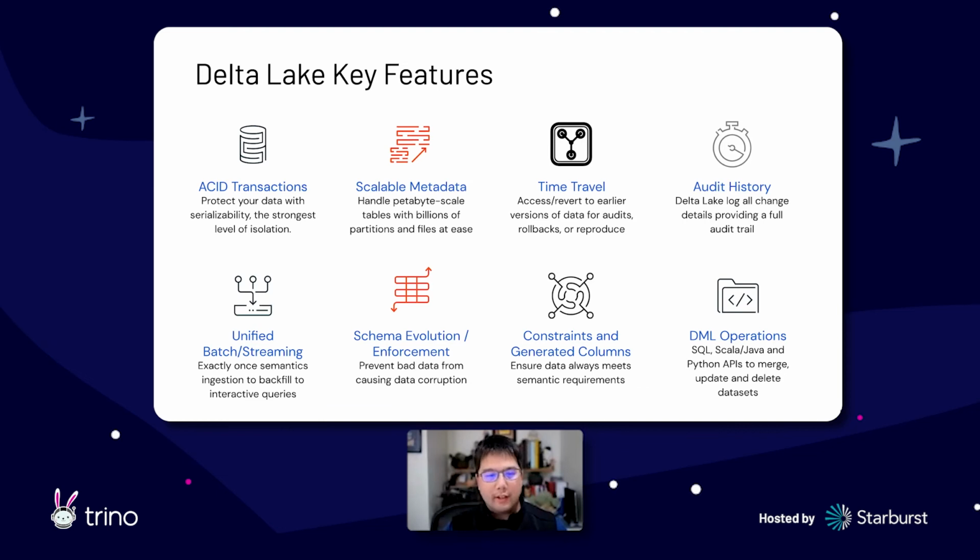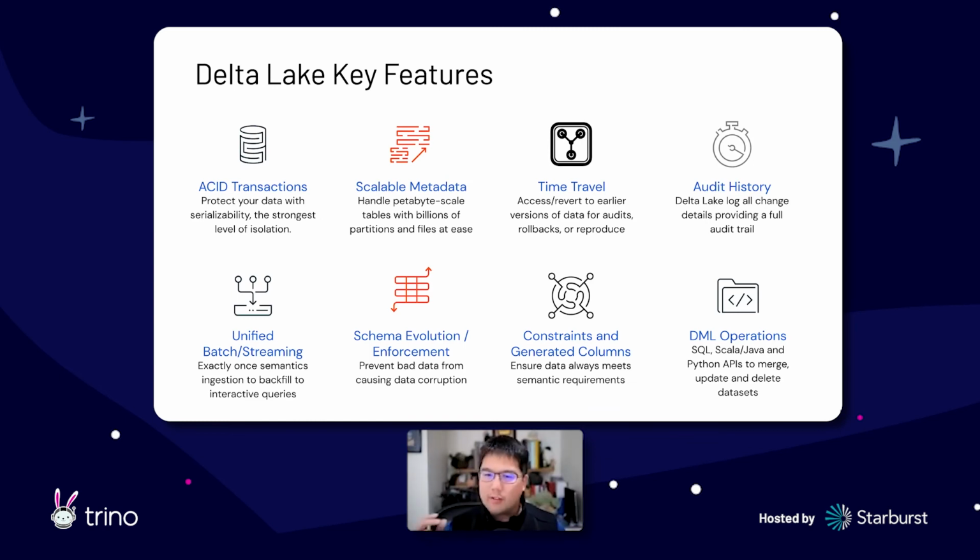All of this together allows us this idea of unified batch and streaming. So the semantics of writing to the cloud object store, or for that matter, HDFS, whether it's a batch process that's reading or writing, or a streaming process that's reading or writing, it doesn't matter. In fact, not only is it being utilized for structured streaming, but we actually have PRs for Pulsar and Flink. The Flink sink actually just came out as part of Delta Connector 0.4.